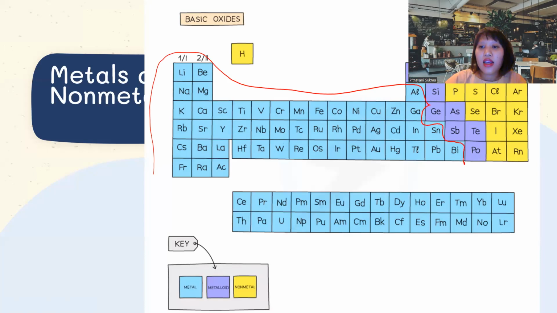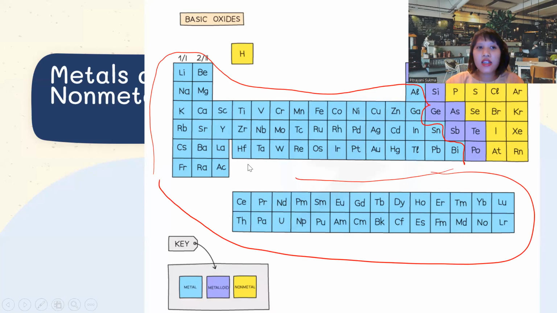And then the right side of the periodic table is non-metal, which is usually gases, as you can see in here. And then maybe you are asking me, what is the one in the purple in here? Okay, so this is called metalloids. So what is a metalloid? As you can see, it is in the middle of the metal and non-metal. So they have some properties that are like metal and some properties that are like non-metal.